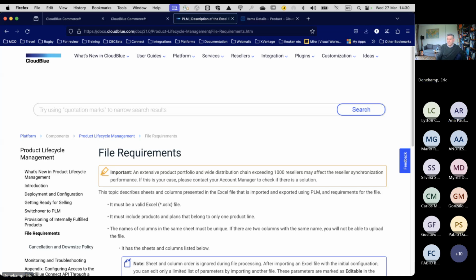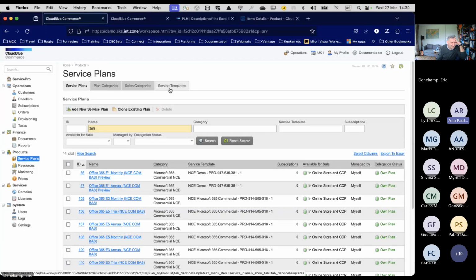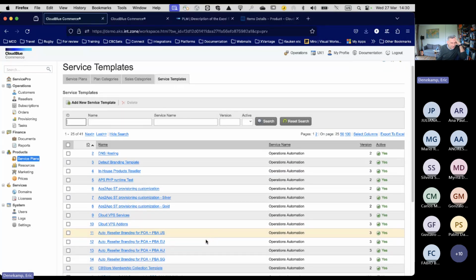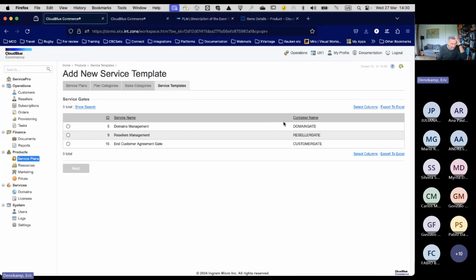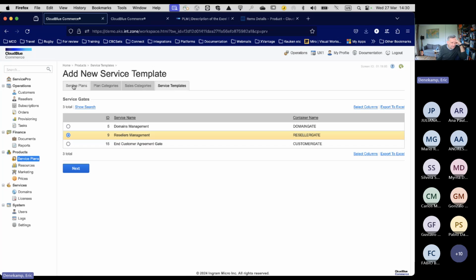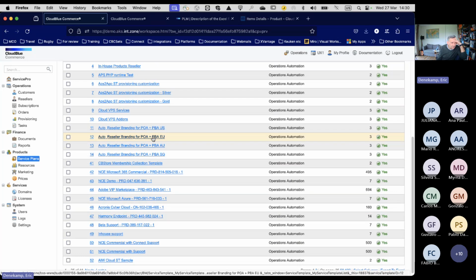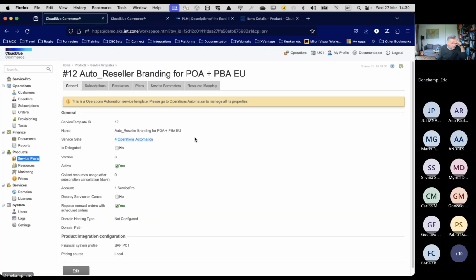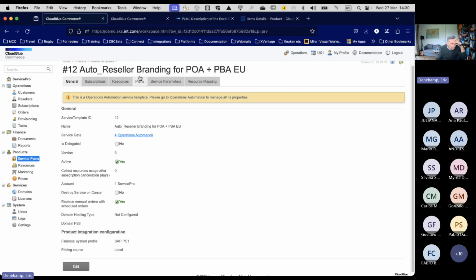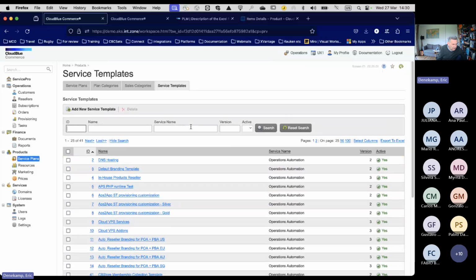Yeah. Okay. And then what is a reseller template? A reseller template is that service template that you create in billing for the reseller. Reseller management. That delegates plans to a specific environment. Let me go back to service templates here. This is not the correct one. This is a reseller branding. I want a reseller template.